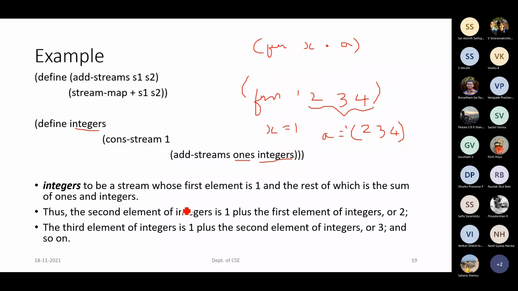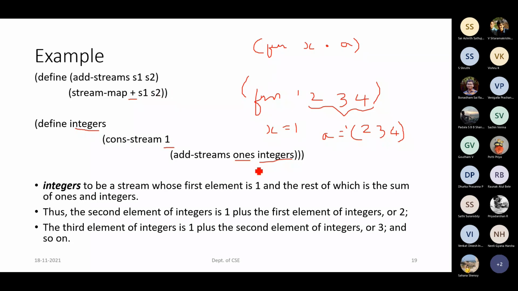So what happens is, since ones is going to generate value 1 for each and every iteration, similarly integers, the first time, will be having the value 1. After that, when you are applying, the next value integers will have, first one is 1, second one will be, we are applying this add streams procedure where we are having this plus operator used for adding these two values S1 and S2.